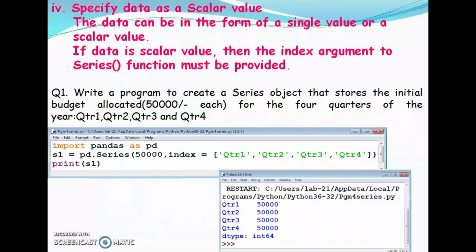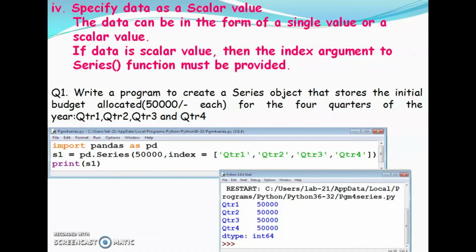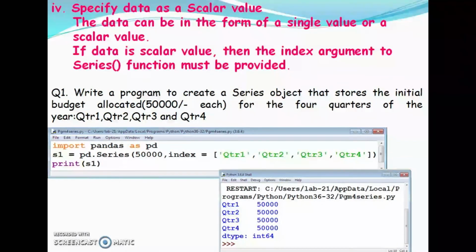Okay, then fourth one, specify data as a scalar value. Scalar value means a constant value. The data can be in the form of a single value or a scalar value. If data is a scalar value, then the index argument to the series function must be provided.